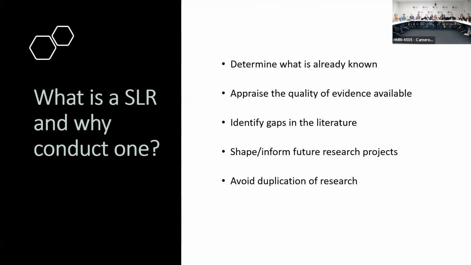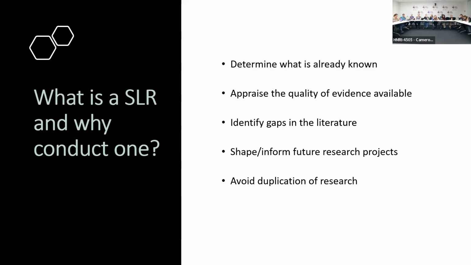So the best thing, I think, about a systematic review is you can determine across the whole literature what is known about a certain topic. So you can be confident at that point in time that you know everything there is to know and you've read everything there is to read on a certain specific topic within the academic literature, of course. And that's just a really nice feeling. You're not missing something, which is nice. You can also appraise the quality of evidence available, and I'll talk about some other different review types and why systematic review gives that extra level of appraisal and quality of the literature that's out there.